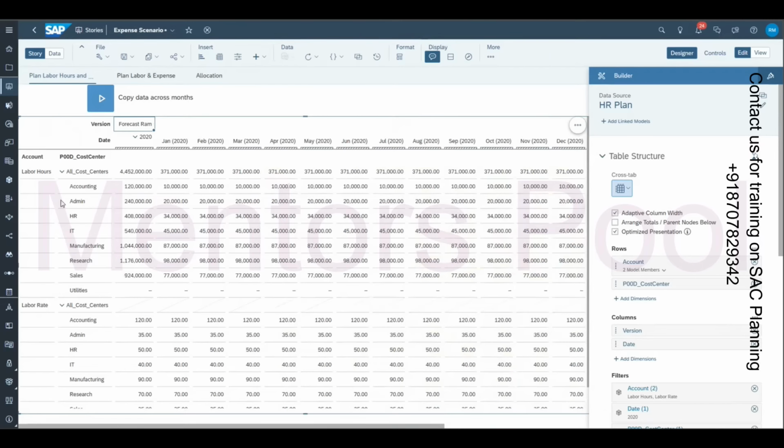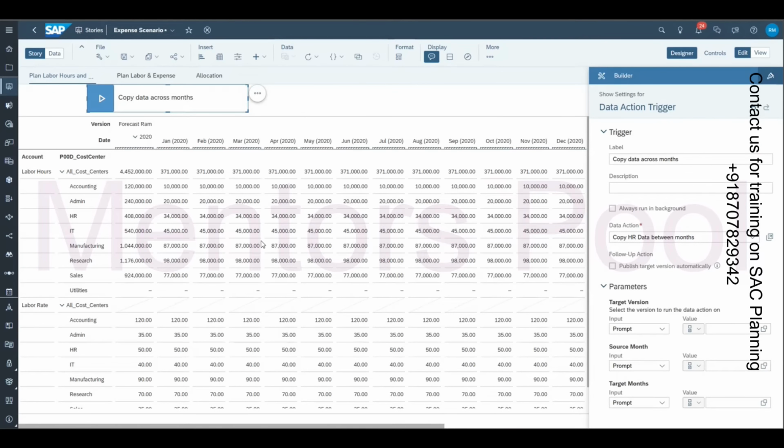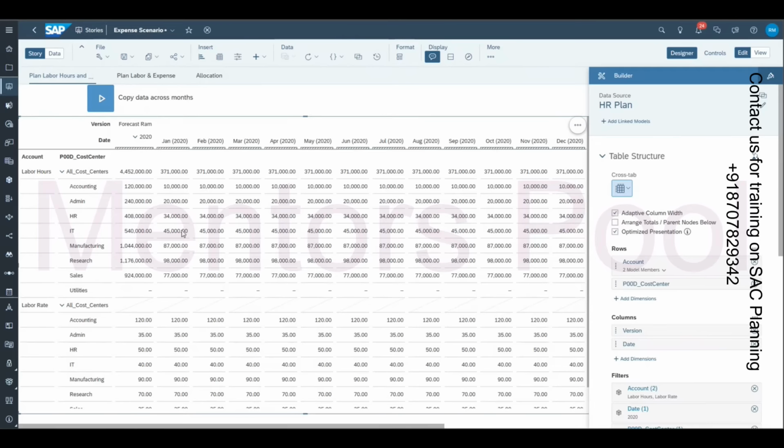So now we have planned for labor hours and labor rate. And we have seen how to use a simple data action with some parameters to copy within the model itself, right? So next we are going to copy this plan from model A, which is the HR plan model, to another model, the expense model. But before that, take a few minutes, maybe 10 minutes, and then copy this story and